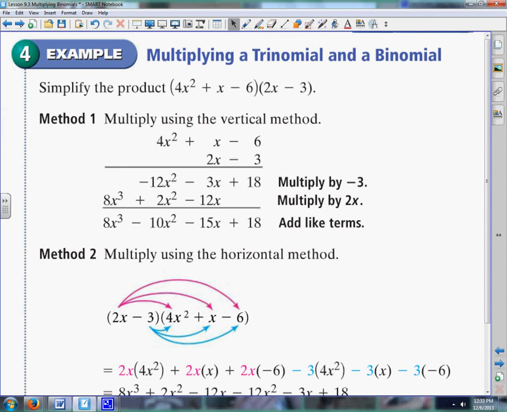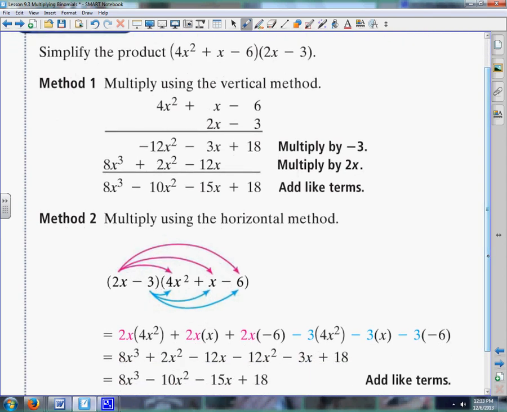So, multiplying a trinomial and a binomial. Now, if I wanted to do my FOIL, it would be a little bit confusing. So, I can do that, but right here they're showing you two different ways. You can multiply using the vertical method. This is exactly like you would set up a normal multiplication problem, where you have like 72 times 13, and you set your problem up like that. You can do that with these